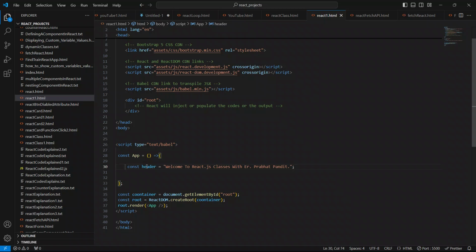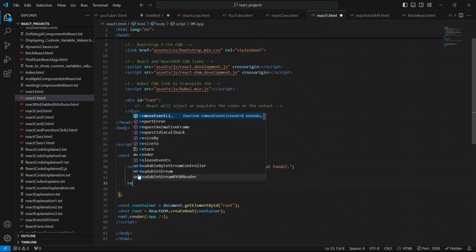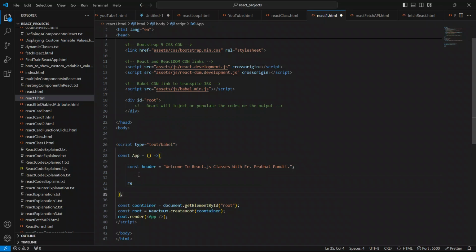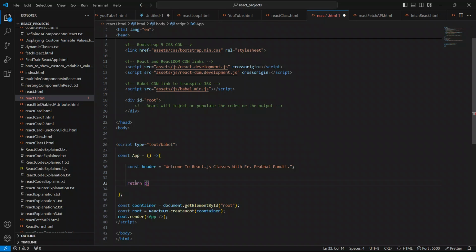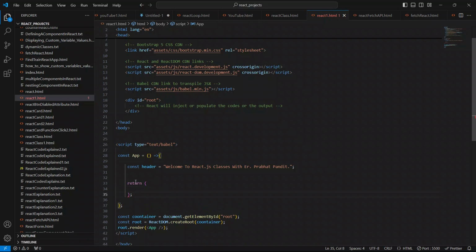Okay, so we have to return this also. Below this I'm going to return it. So I'll say return, and it is good practice to put parentheses. Inside the return, you can see we are getting an error, a red line below this parenthesis,